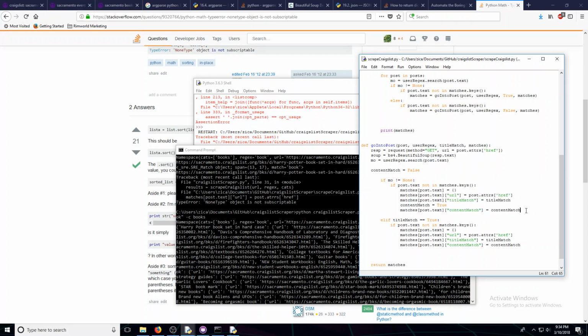So if it doesn't meet this if case, then it does this if case, right? So if we get a match, then it stores the content match as being true and the title match as being true. So let's review this. So let's say the title match is true, okay? Title match is true, so it's going to go in here, and the content match is false. So it says, okay,